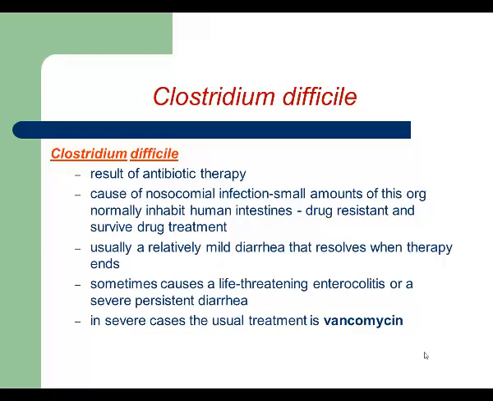So it's a part of normal biota. Usually patients develop symptoms of what we call pseudomembranous enterocolitis, which is caused by Clostridium difficile, when we use broad-spectrum antibiotics for treatment of certain bacterial infections. Broad-spectrum antibiotics are usually very strong antibiotics, and they have the ability to kill normal biota of the GI tract, coliforms, which are very sensitive. But since Clostridium difficile is a very resistant bacterium, it will not be killed, it will survive,